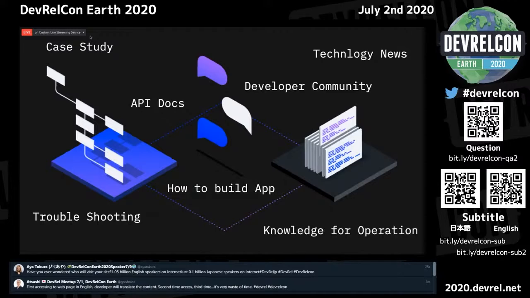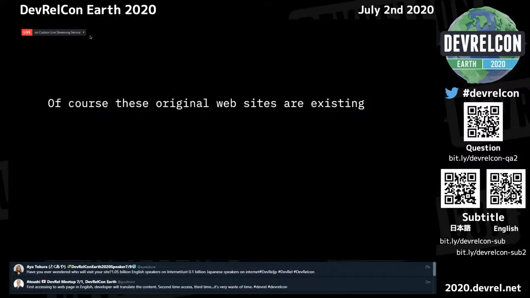That's why they access any developer website, I think. Of course, these original websites exist, but in English. I say again that it's very hard to understand. It's very difficult to get the meaning of these contents for a lot of Japanese people.